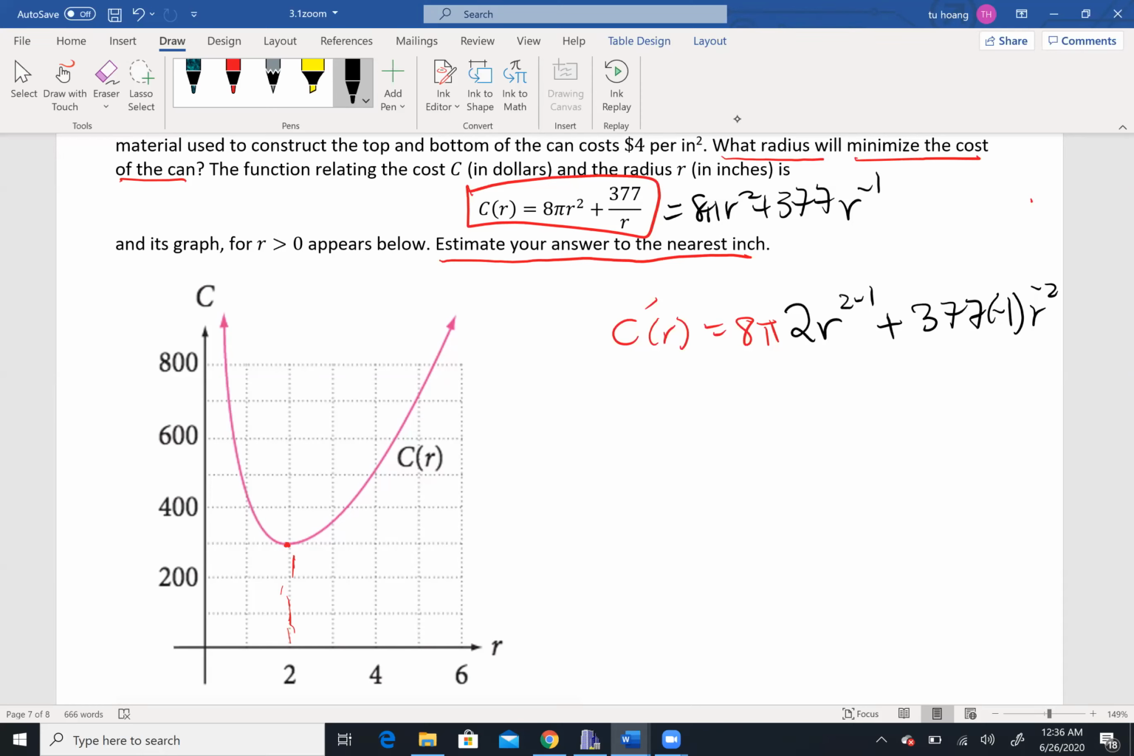And now you're gonna simplify to get C'(r) equal to 16 pi r to the power 1, which is just r, and plus, or actually minus 377 r to the power negative 2. Okay, so